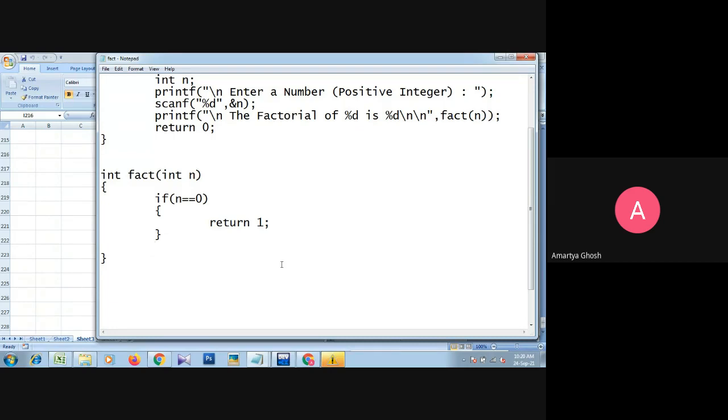If it is not 0, that time also we return, because this function returns an integer, so anywhere in the function, whatever it is calculating, either if it is satisfied it will return 1, otherwise it will return